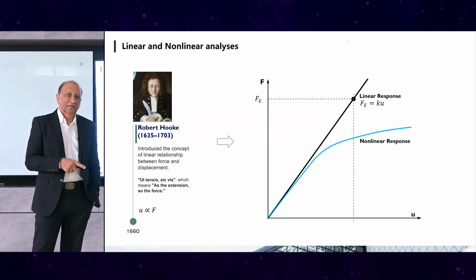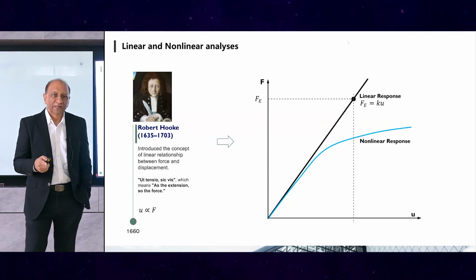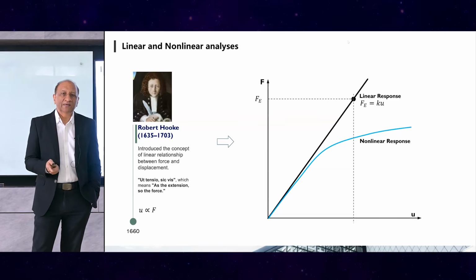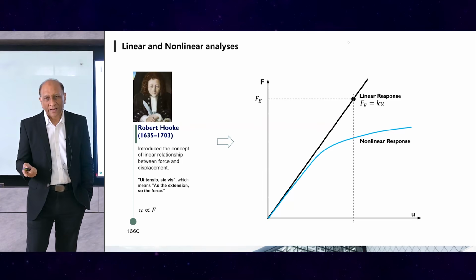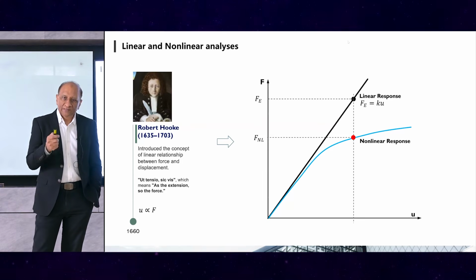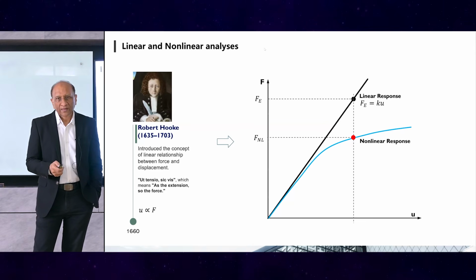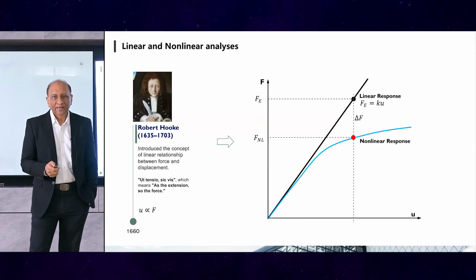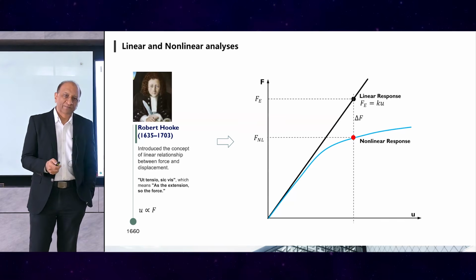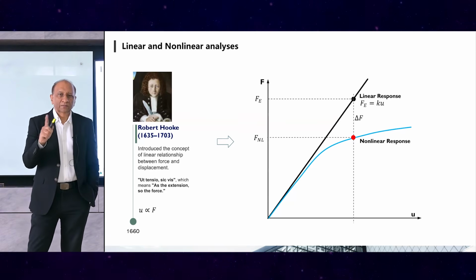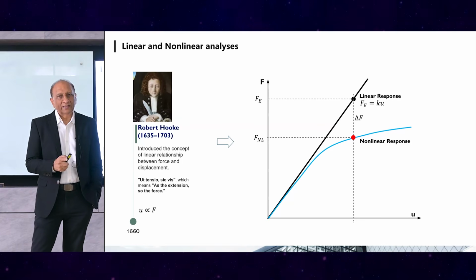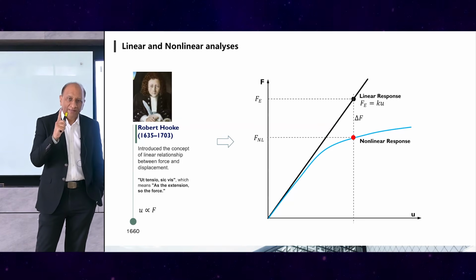The nonlinear response of the structures, when people tested them, they found that the structure actually deviates and then starts to become nonlinear and then collapses or breaks at some point. So with this, we had the nonlinear response location equivalent to the same displacement, and then from there we can derive the difference between the linear and nonlinear response, and then we can say this is like a correction that we should apply to the linear response to